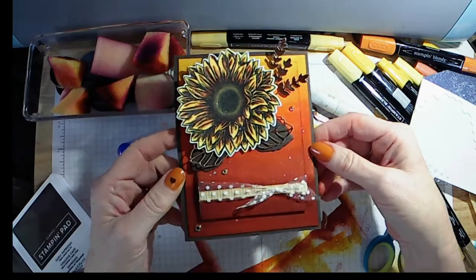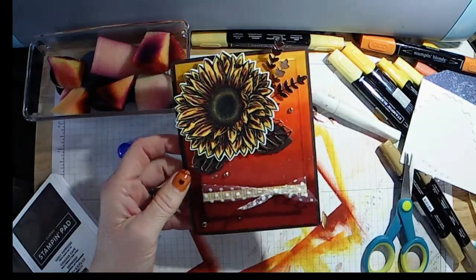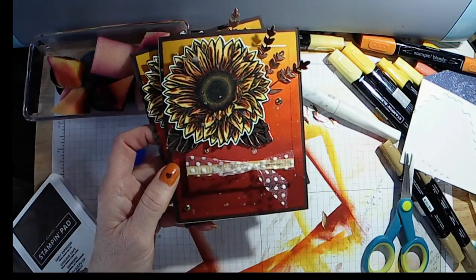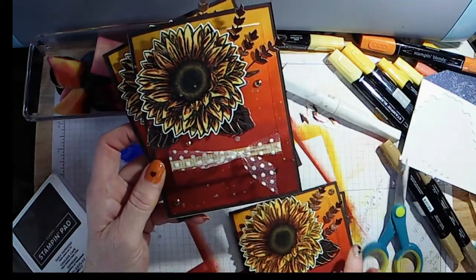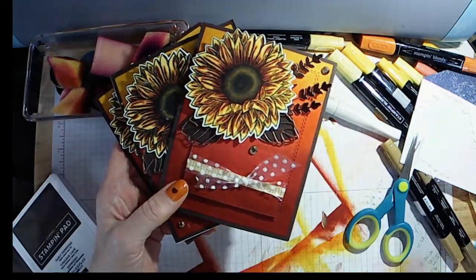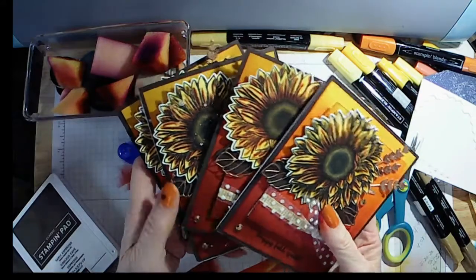There's the card I did, and I think it is just the most beautiful card. I love this one. It really came out gorgeous. I don't know what you think, but I think I'm going to have some happy customers when they get these